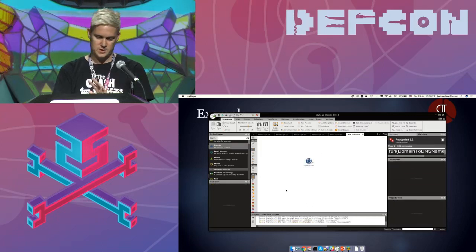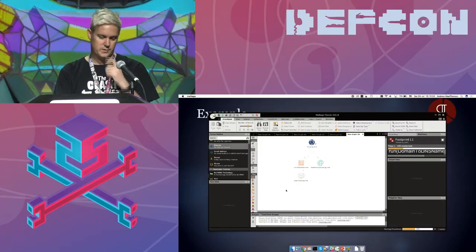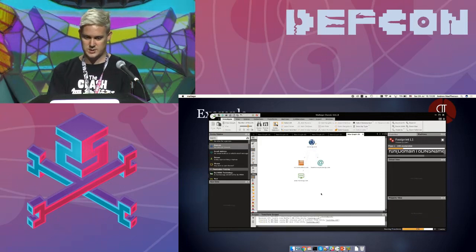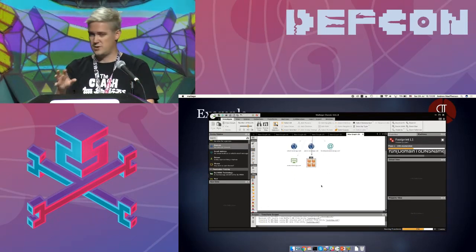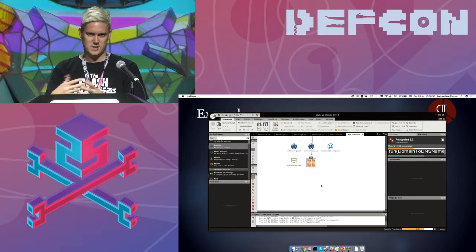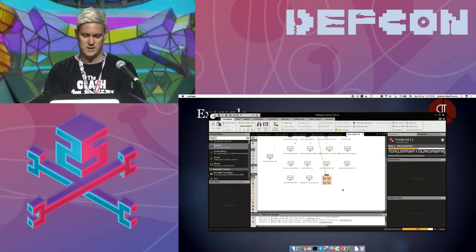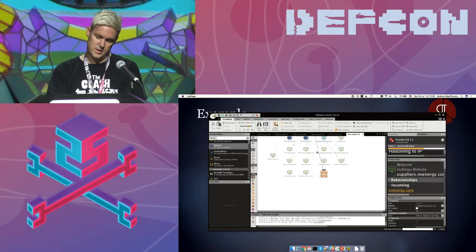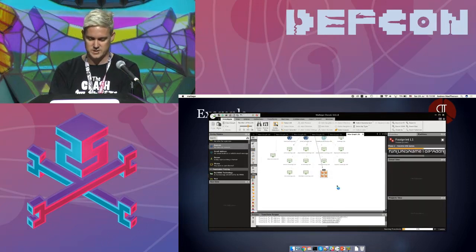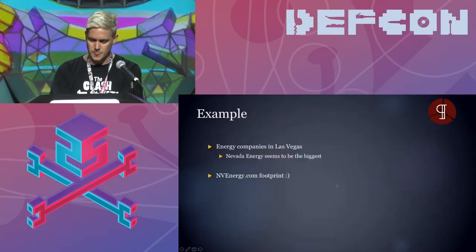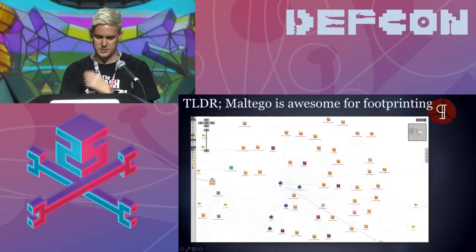Okay, I run this footprint. It will go ahead and find all the things I'll then use to start profiling them. Right, so this stuff, if you're a pen tester, is kind of the defaults that you go through if you're doing a pen test, especially from outside the organization. Right, so there are all the DNS names. I'll get those to IP addresses and so on. So it's really quick to be able to do this sort of stuff.